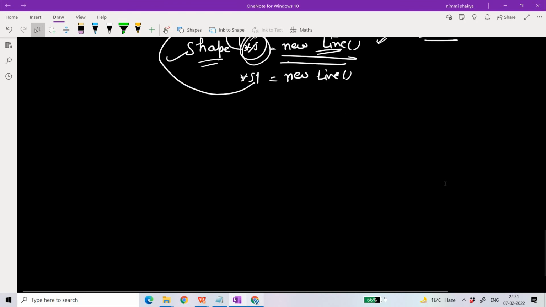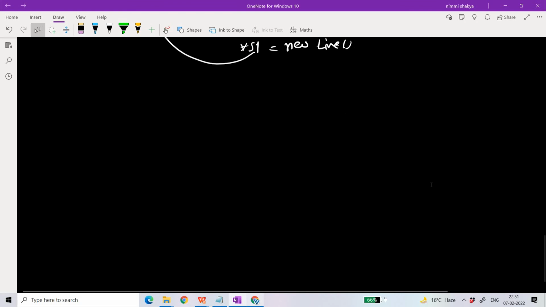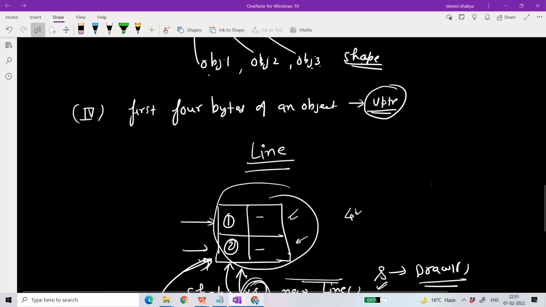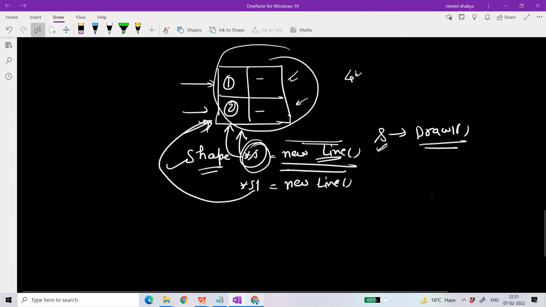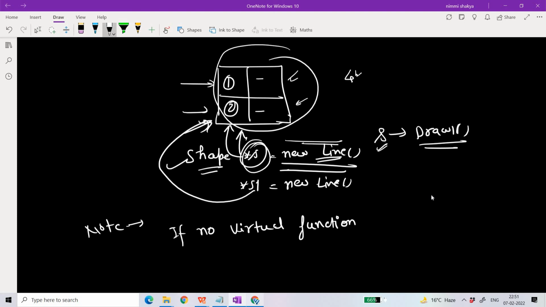Before I conclude for today, let me tell you one more thing. Suppose in your shape class you have two functions, draw1 and draw2, right? So make a note. In your shape class, you have two functions, draw1 and draw2. Suppose you don't have any virtual function with the same name in the derived class, say line. Then what will happen in that case? If there is no virtual function in the derived class,